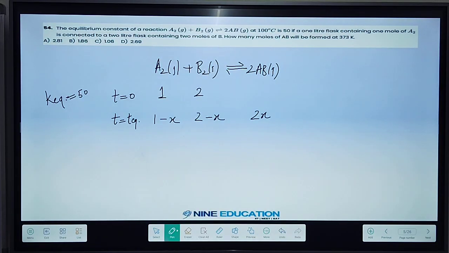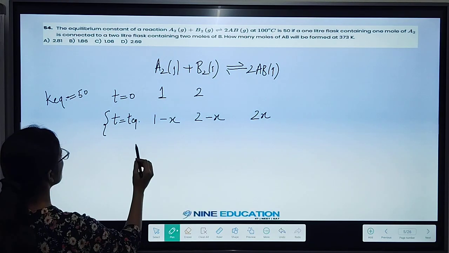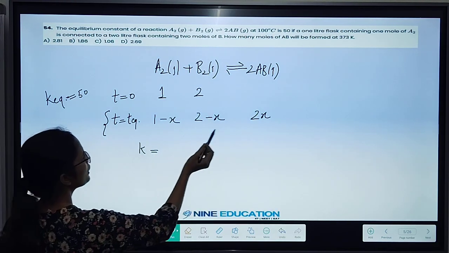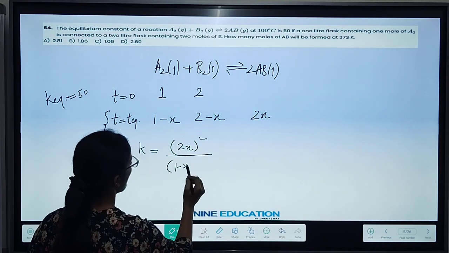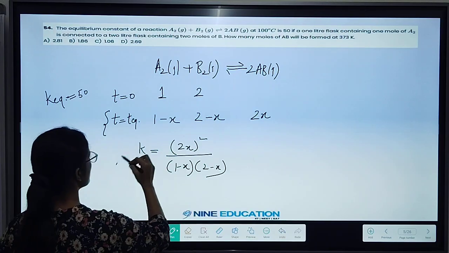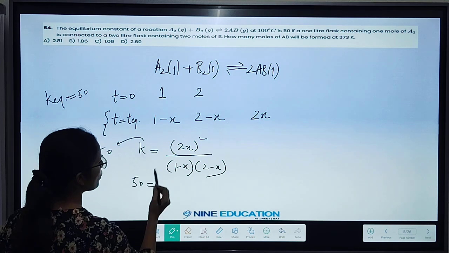Now the good part here is they have given you the equilibrium constant, and as I can see, delta Ng for this reaction is 0, so you can write this K equilibrium, or I shall say Kp, will be similar to Kn, or similar to Kc only, the equilibrium constant in terms of concentrations. Here we are talking about moles, so I can simply write it like this. K equilibrium will be 2x moles of product raised to power 2, divided by 1 minus x and 2 minus x, and this K value is already given, which is 50. So 50 will be equal to